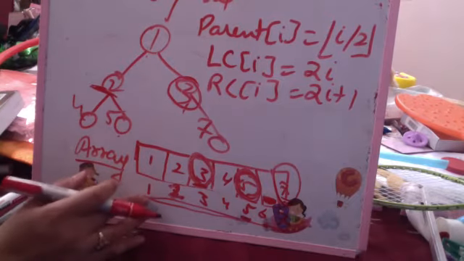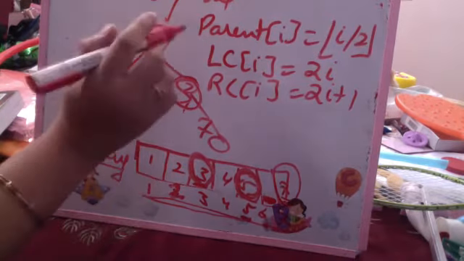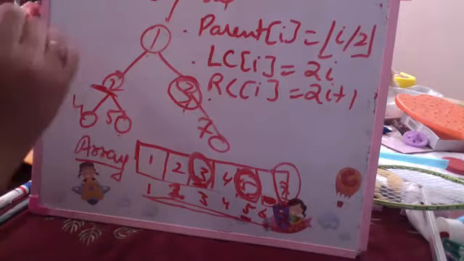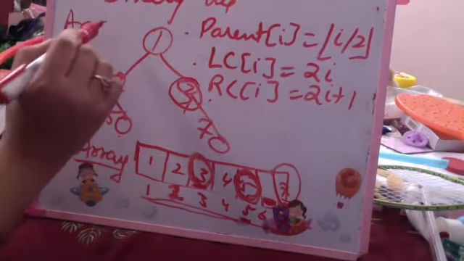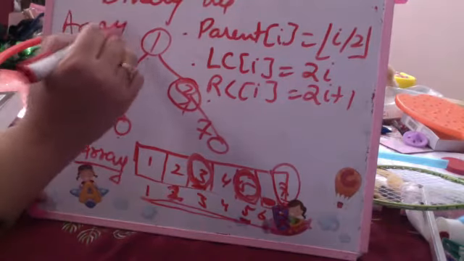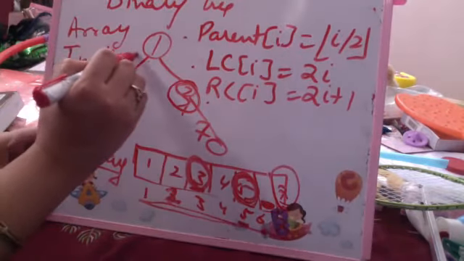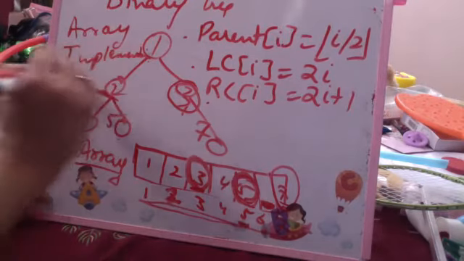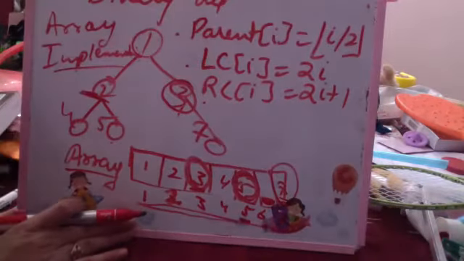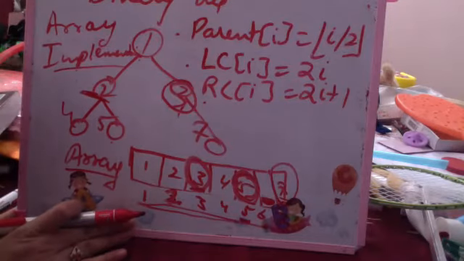This is the array implementation of a binary tree: parent, left child, right child. Clear? This is the basic implementation. I want you all to practice a program for creating a binary tree using arrays, traversing and printing it